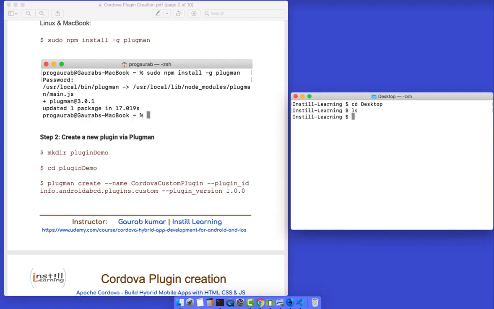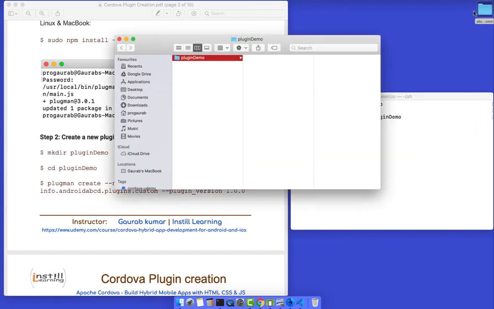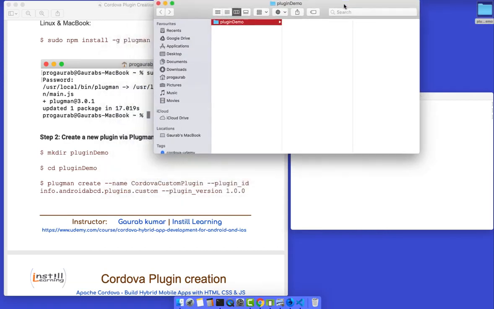We don't have anything on the desktop, so we'll create one folder, mkdir plugin demo. Here the plugin demo folder is created. Right now it's empty, as you can see.